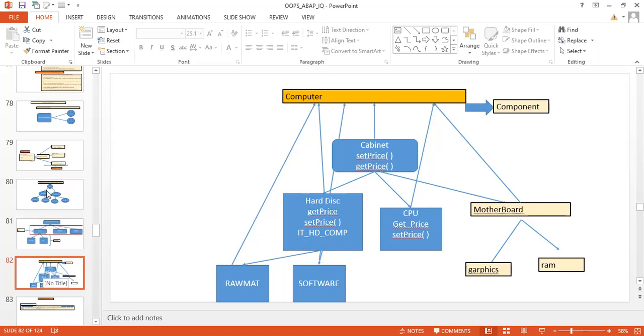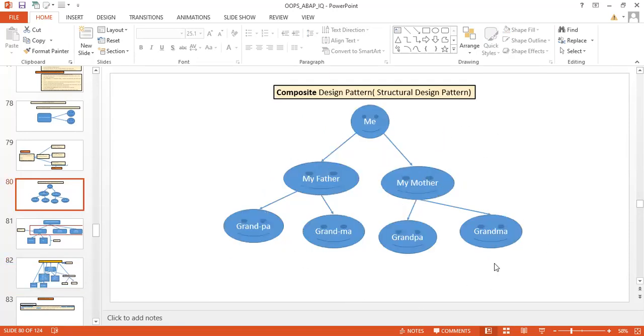So you can see that this is how you will have to arrange your classes. This will be your root class, this will be your subsidiary class, again a subsidiary class, and so on. If your classes are like that, and you want to find something about the root class, you can traverse from here to here, here to here, here to here.